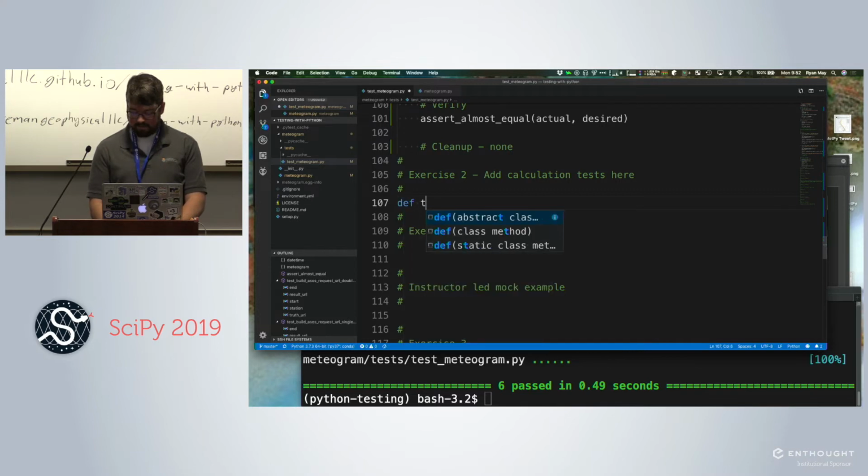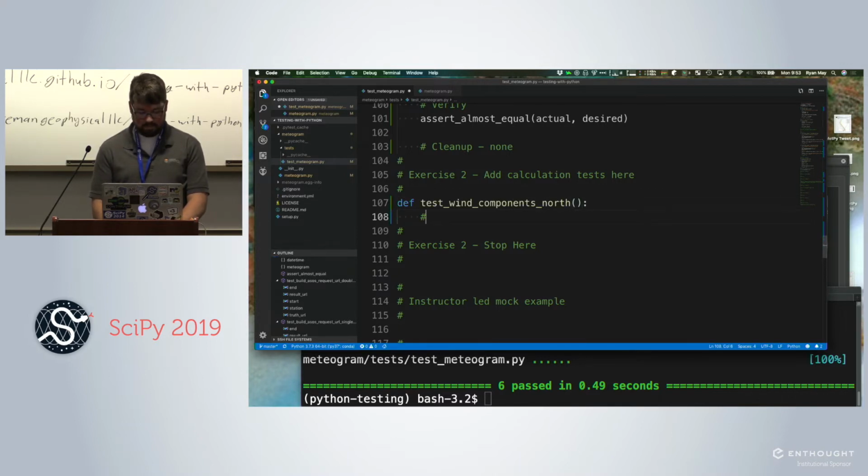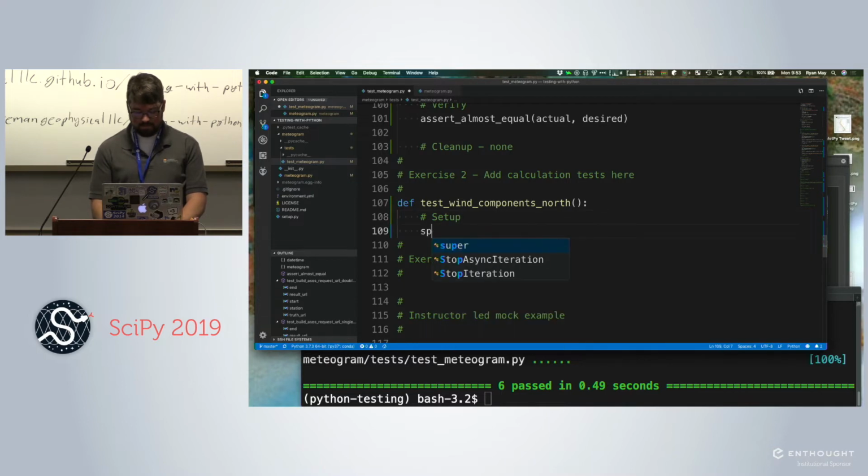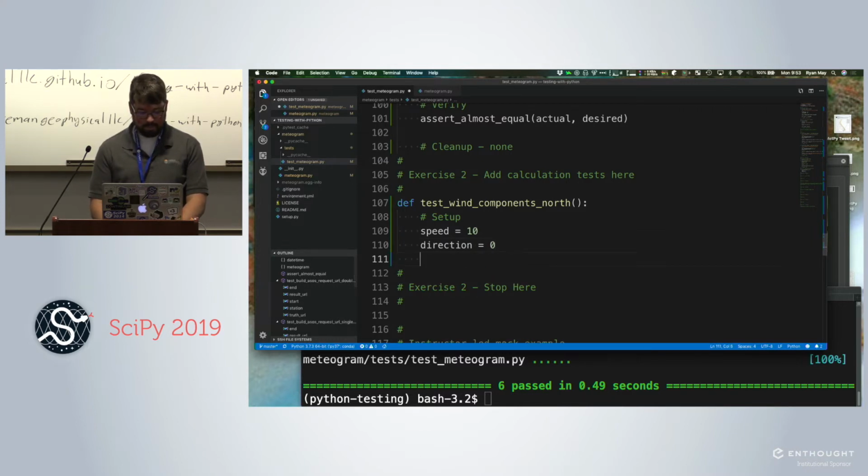All right. Test wind components north. So my setup: speed of 10, direction of 0. Exercise is the next phase.